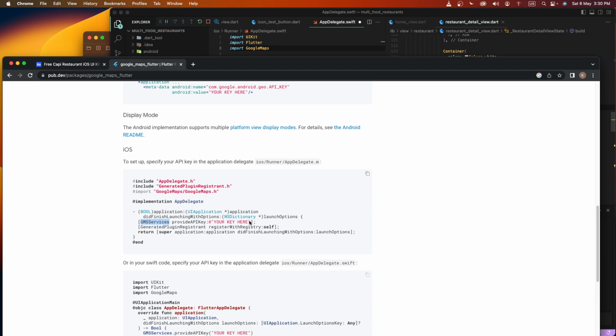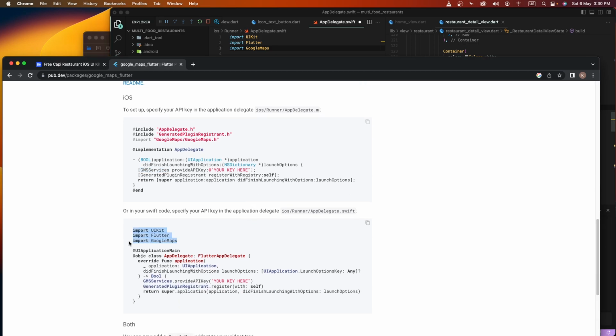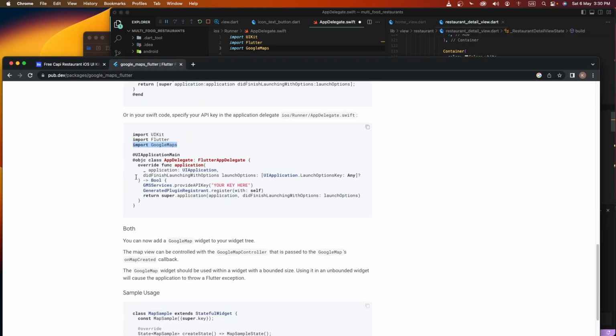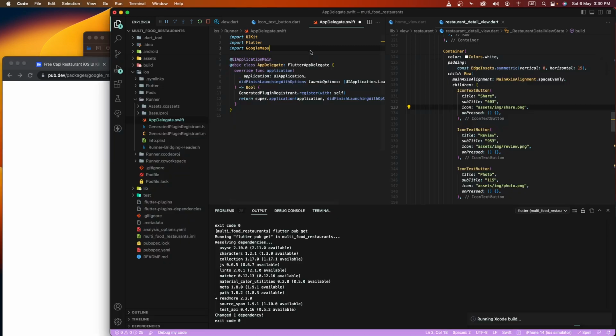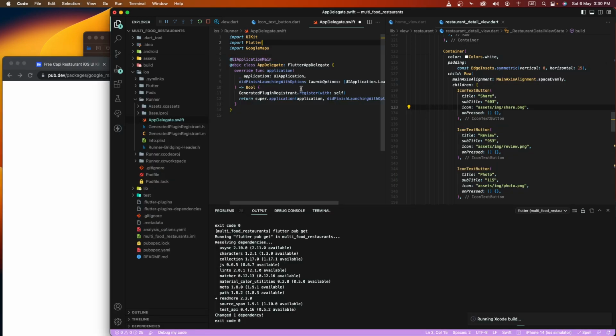Shift this code here, and we find out this app delegate generator, and we need to copy this thing and paste here